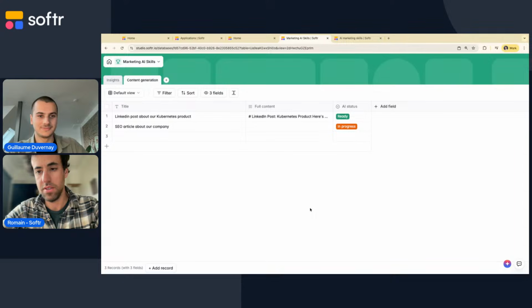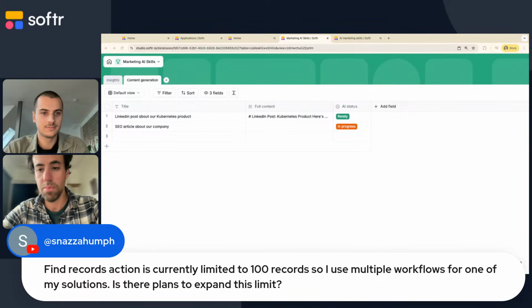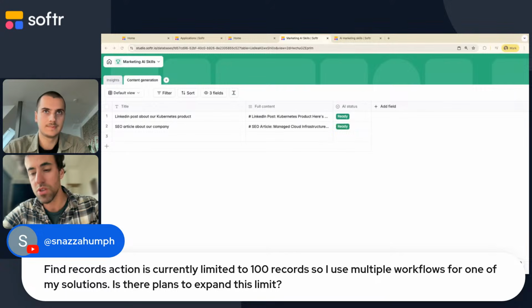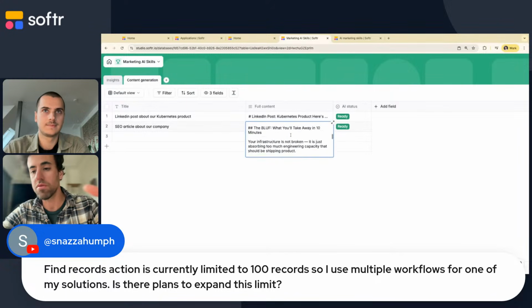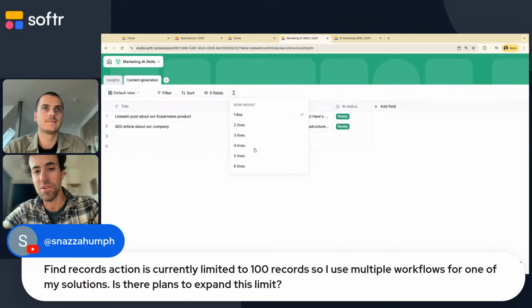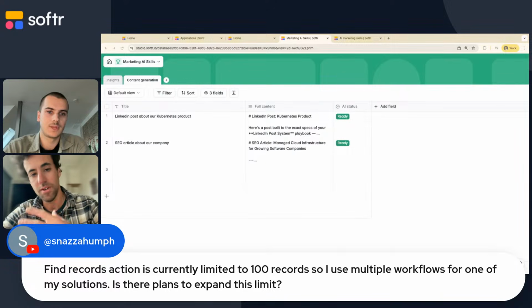Yeah, that's great. I just saw a question I can answer because the find record action is currently limited to 100 records. We are going to release, probably end of next week, a pagination where you're able to go through a native pagination. It will be just a toggle to get all the results. And I'm going to show maybe an example later on how you use, when you have hundreds of items, those items within the workflow with the loops. But you need to be careful if you have more than 100 records and you execute actions for each of those records, then potentially it will cost a lot of executions.